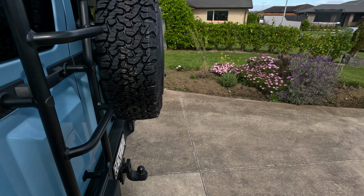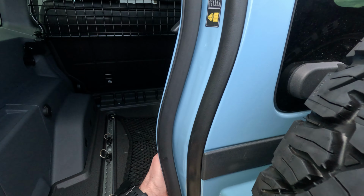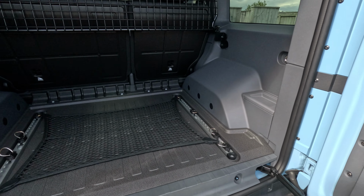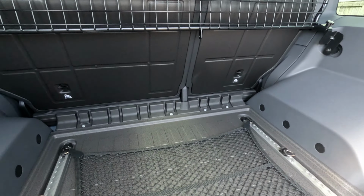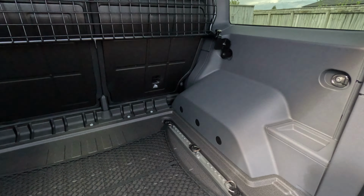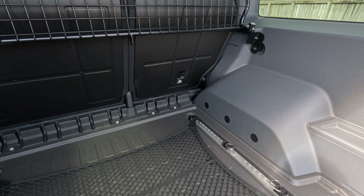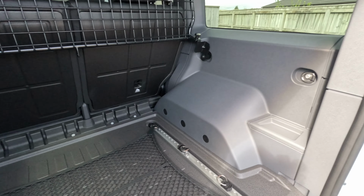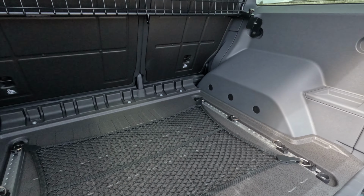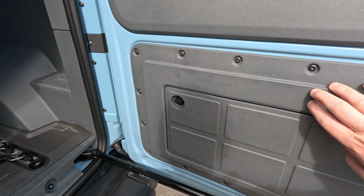Let's just open the back here. A really nice sounding door, especially the small one. It feels like a vault door. So yeah, I've got the tie down points here. I've got a kind of load space retainer, I don't know what you can actually call them, which is really good for keeping smaller items under here, stops them sliding around. I haven't really put much in the back yet, but once the dog comes, this will be his spot, I guess. As I mentioned, I didn't get the table yet,